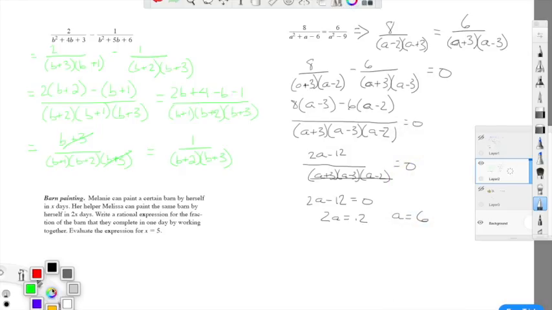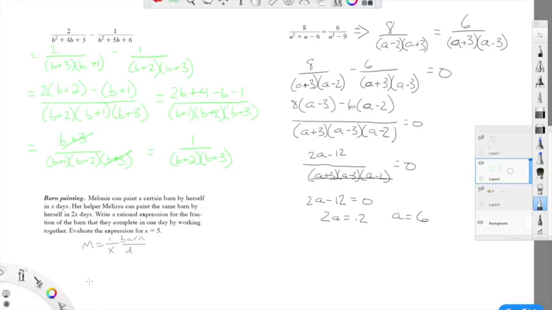Next up, we're looking at barn painting. Melanie can paint a certain barn by herself in X days. Her helper Melissa can paint the same barn by herself in 2X days. So Melanie can paint the barn twice as fast as Melissa. 1 barn per X days